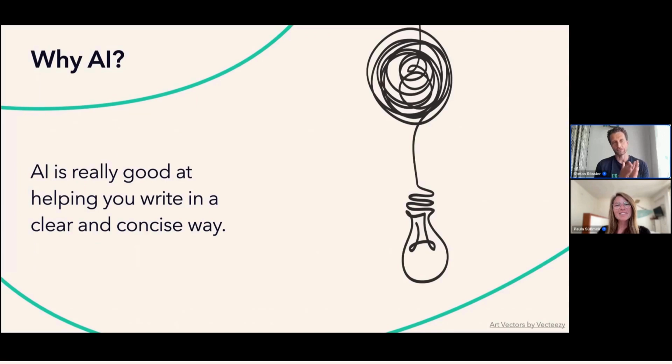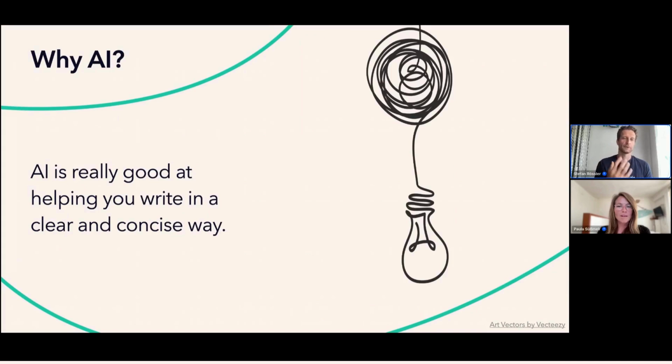But AI is really good at helping you to write in a clear and concise way, because that's actually what this AI, as we call it at the moment, is: a language model. Everyone who's worked with it a little bit knows that it's so stupid, it's not even funny, there's no intelligence there at all, I'd argue. But it's really good at using language in a way that it portrays itself to be intelligent. And it's really just, well, it's really not. But it is so good with language that it can actually help you get your way of communicating, right?